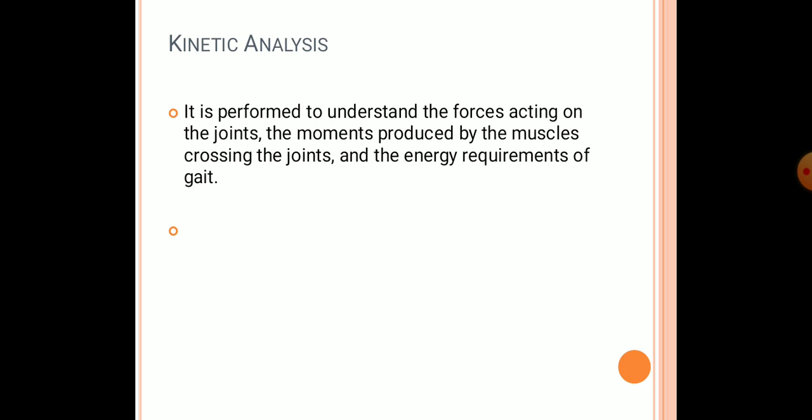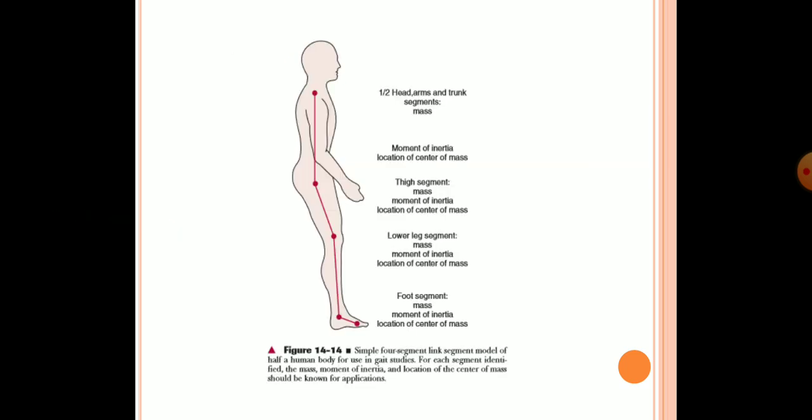So mainly we need to know what are the forces which are internally and externally acting on that particular joint to carry this particular gait pattern, or if there are any deformities or any abnormality in this gait, we should be able to find what is the factor or what is the structure which is actually causing some fault to the normal gait progression. So that's the reason why we need to analyze these kinetic forces.